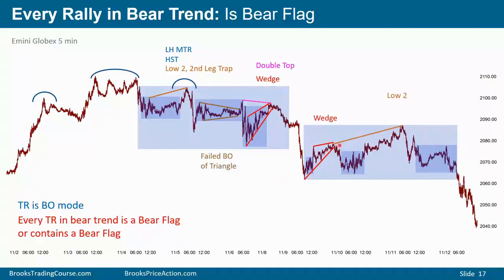A large low two, leg one, pullback leg two, and leg two subdivided into a wedge rally. A double top, lower high. It's a double top bear flag where the second high is below the first. The market broke below the neckline and fell for more than a measured move. Head and shoulders top bear flag.